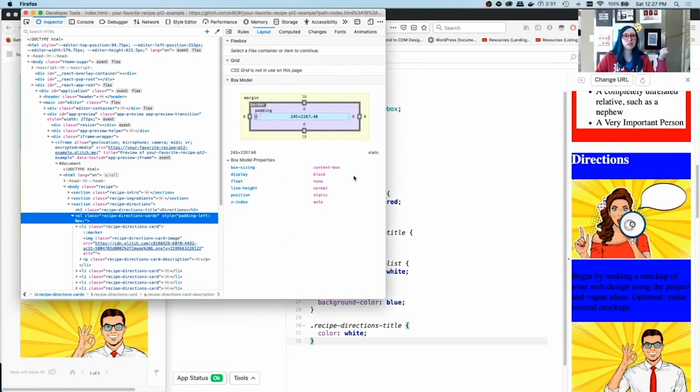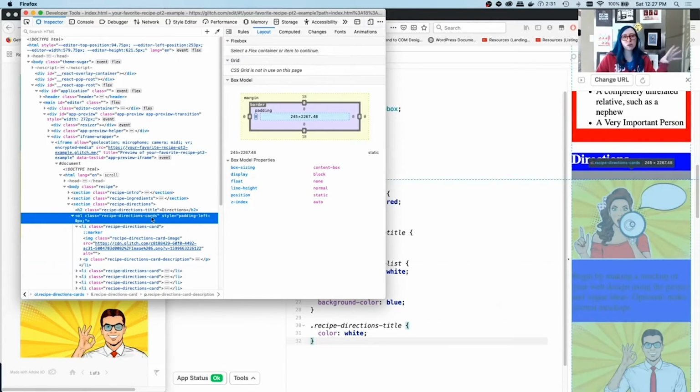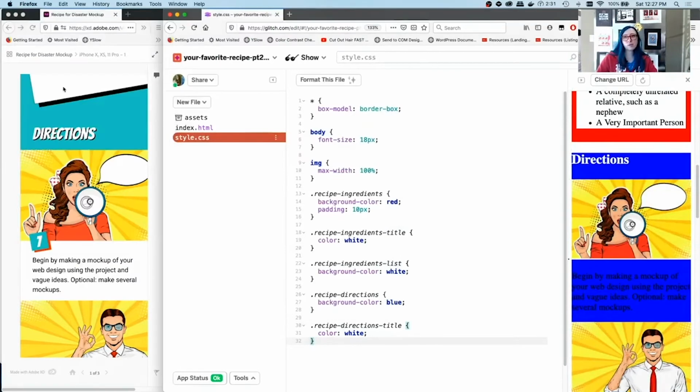So now that I've done that, what I want to do is actually add that rule back to my CSS. Now that I've played around with it and, oh, that rule's really helpful, I'm going to double click, copy this class, close out of developer tools, and I'm just going to go and, what am I working on? Recipe directions. I like to keep things in a nice order.